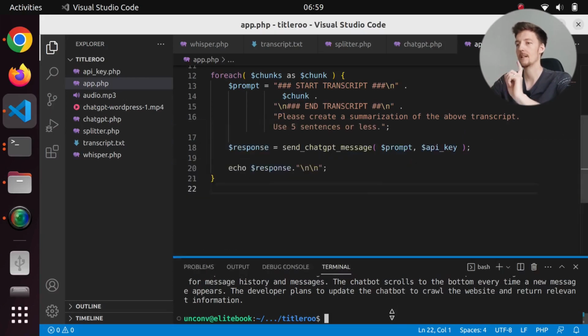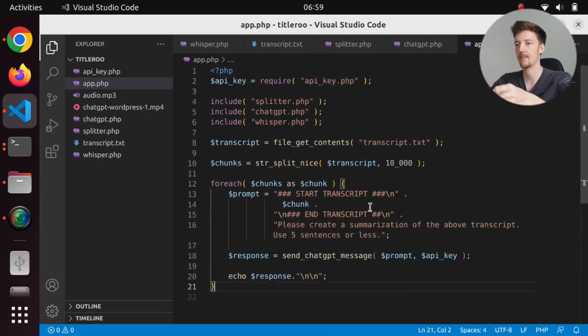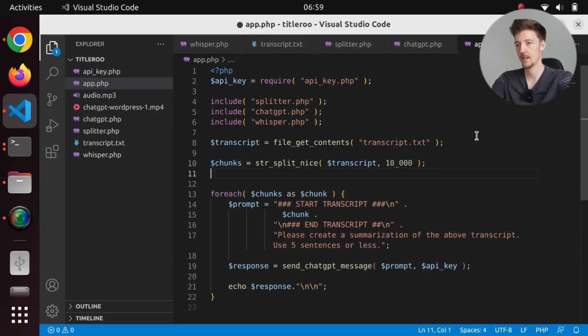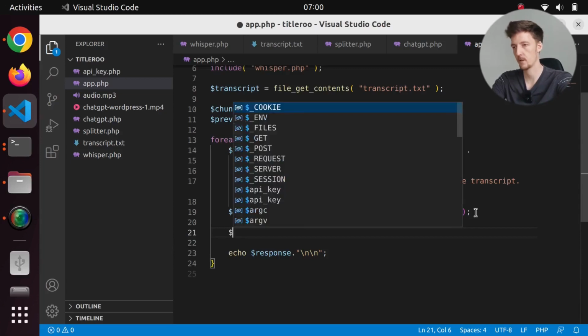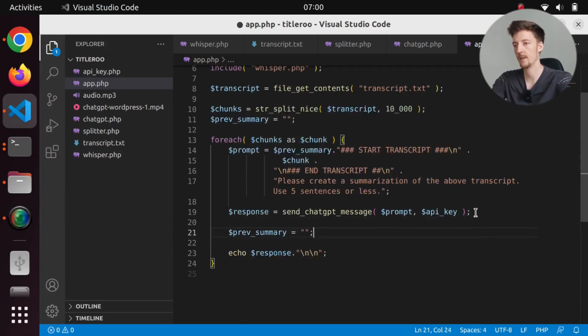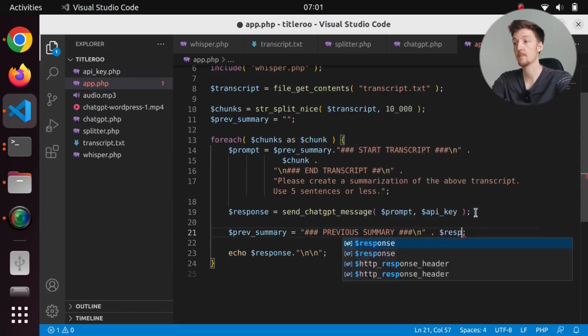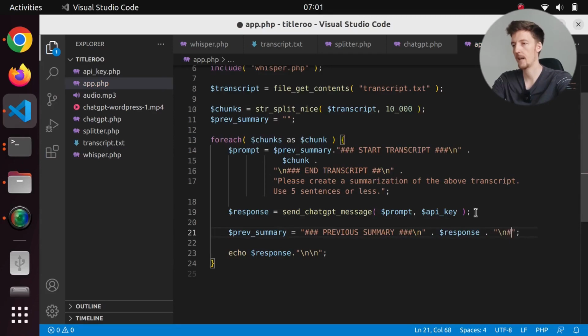Okay, so now what I forgot to do is add the previous summary to the next summary. So let's initialize that here. Let's say previous summary is an empty string. And then we will add the previous summary here. And then after we get an actual summary, then we add it to the previous summary. So we will say previous summary will be previous summary, and we will add a new line, and we will add the response to this, and a new line, and